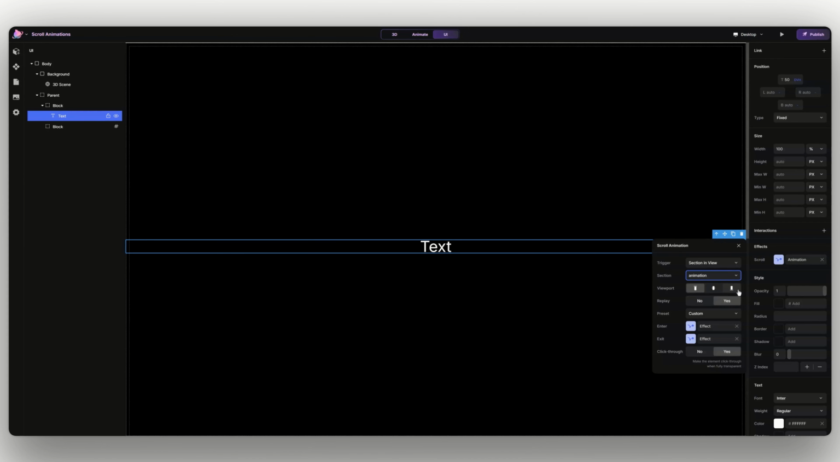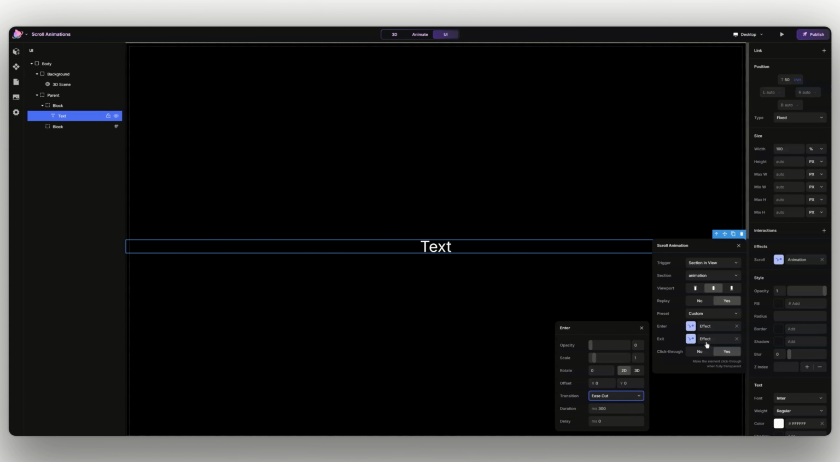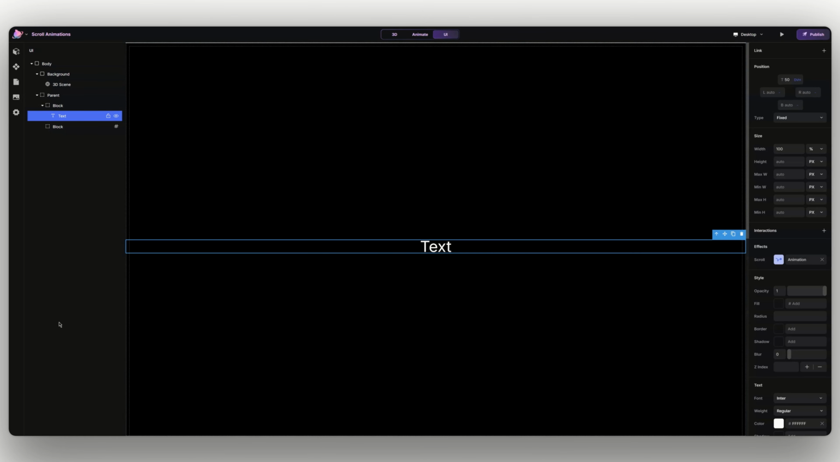Let's change it to viewport bottom, or we can set it to center. And let's change the preset to fade in. Let's change the transition to ease out. And let's go ahead and preview. So text is not visible. If I scroll enough, since the second block or the scroll section block is in the middle, we can see the text now. And this is how you add animations in